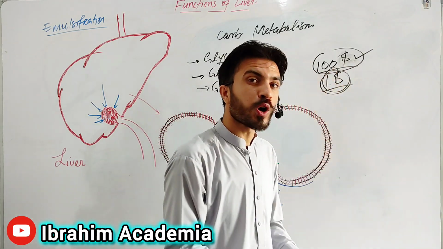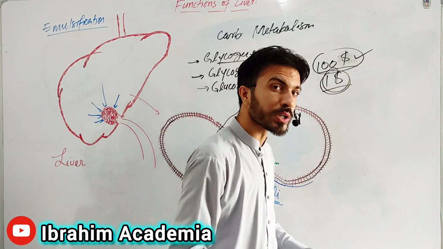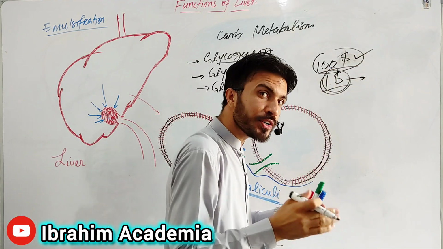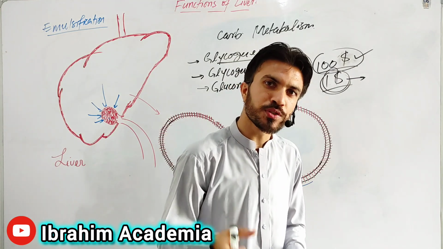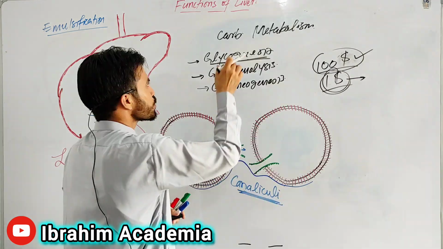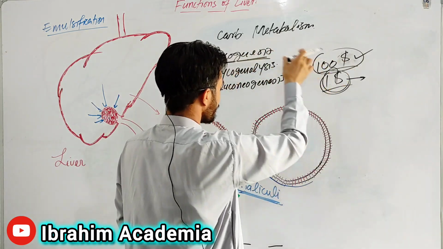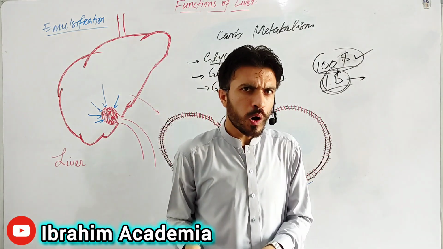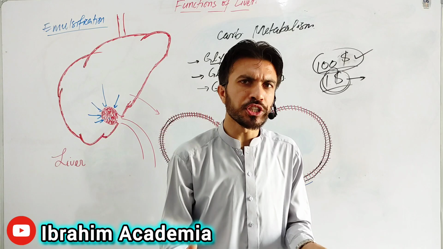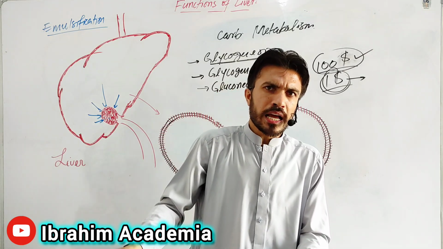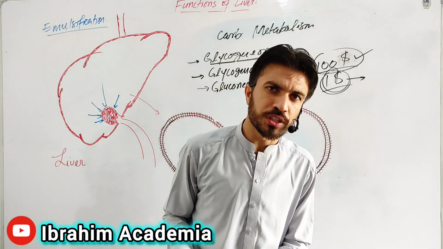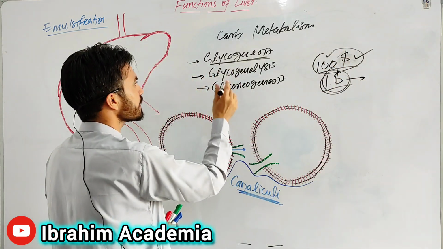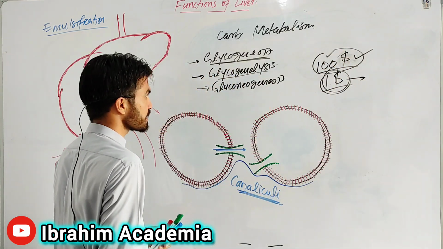This $1 is called glucose, and the $100 note is called glycogen. You have to break this $100 note into individual dollars. Then you can consume them. So in the liver there is the synthesis of $100 notes, which is called glycogenesis, and whenever you feel hungry, or there is a fight or flight condition and you have an abrupt need of glucose, those $100 notes will be broken down inside the hepatocytes, and this process is called glycogenolysis.